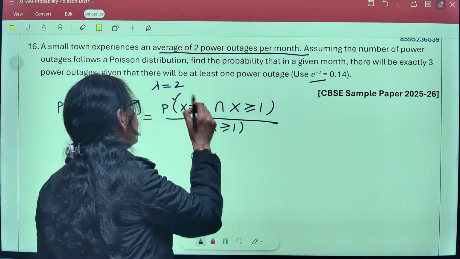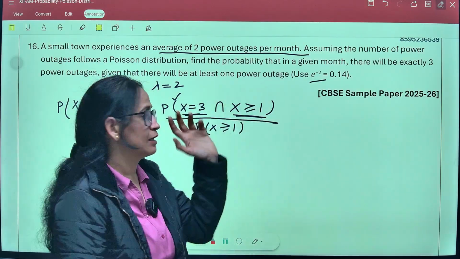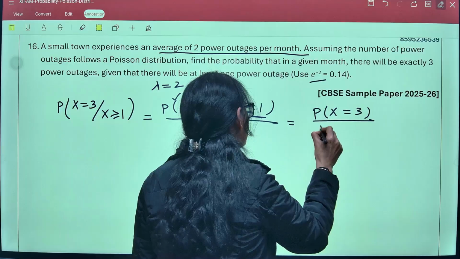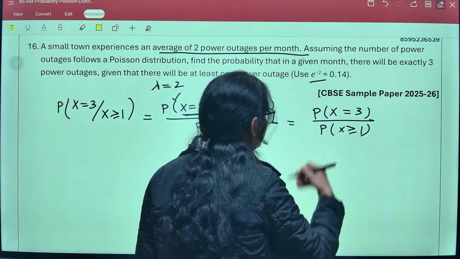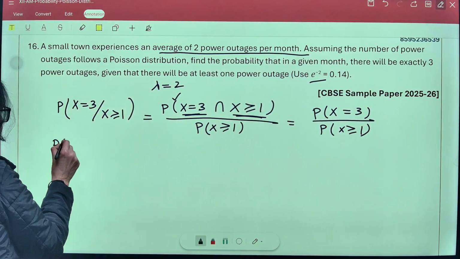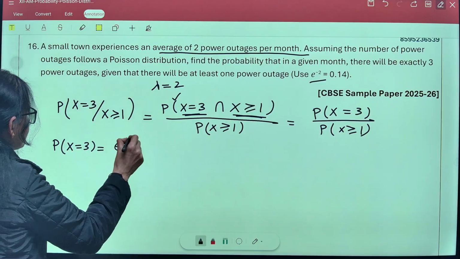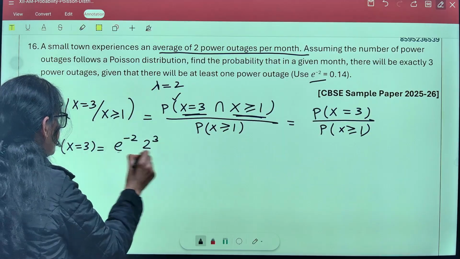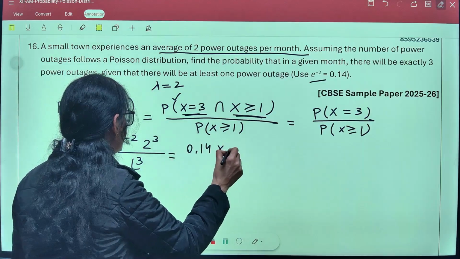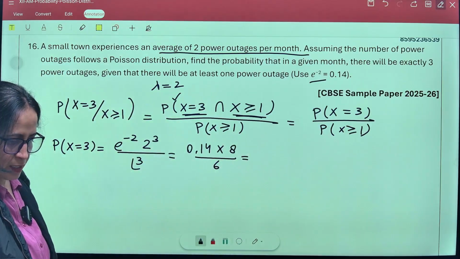Now, if you think of x being equal to 3 and greater than or equal to 1 and their intersection, the intersection is going to be equal to probability of x being equal to 3, upon probability of x being greater than or equal to 1. So this is what we need to calculate now. Let's find the individual values first. Probability of x being equal to 3 is going to be e raised to power minus 2, 2 cube upon 3 factorial. Put the value 0.14, 2 cube is 8, 3 factorial is 6. Calculate this and you get